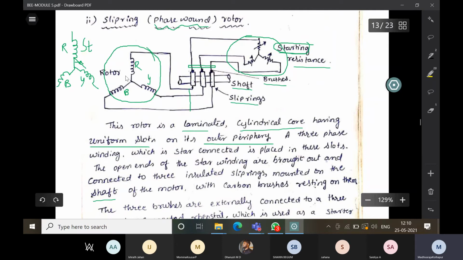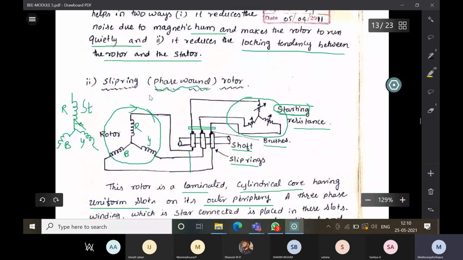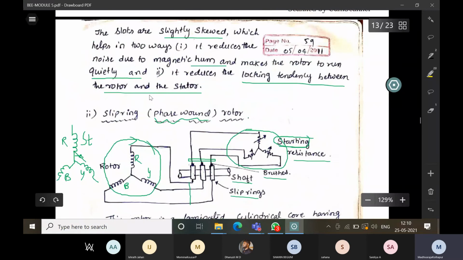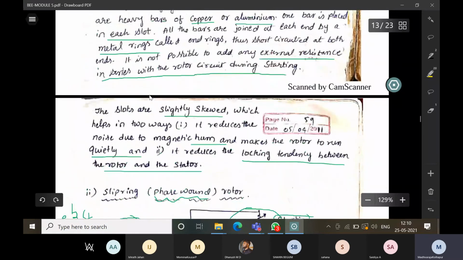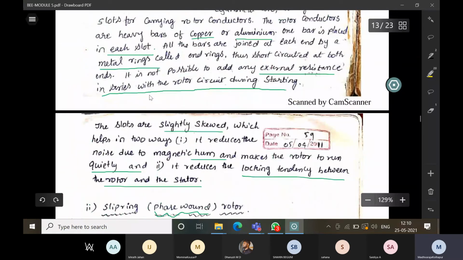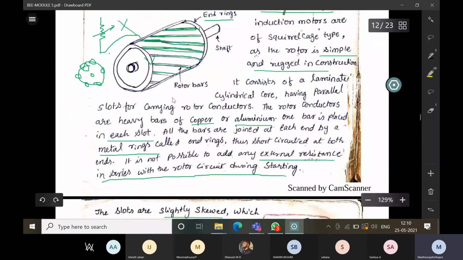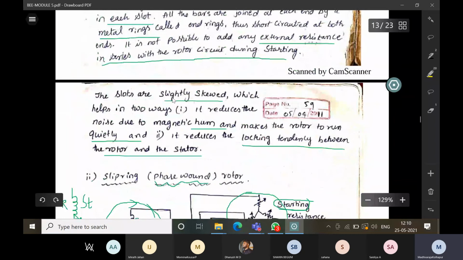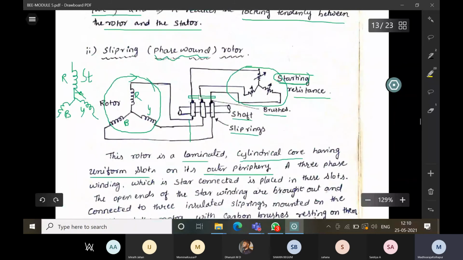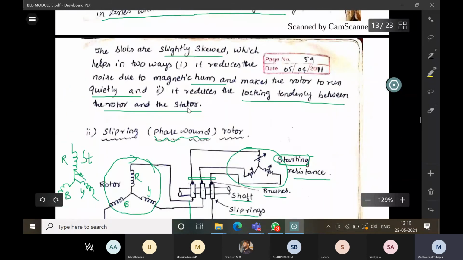It means the current will be circulating inside only. Then it is a current carrying conductor placed in the magnetic field, so it will experience mechanical force and start rotating. Here also short circuited conductors are there. Short circuited means a closed path is created, right? So then current starts flowing, similar to the squirrel cage motor. The only thing is a three-phase short circuited winding is there.